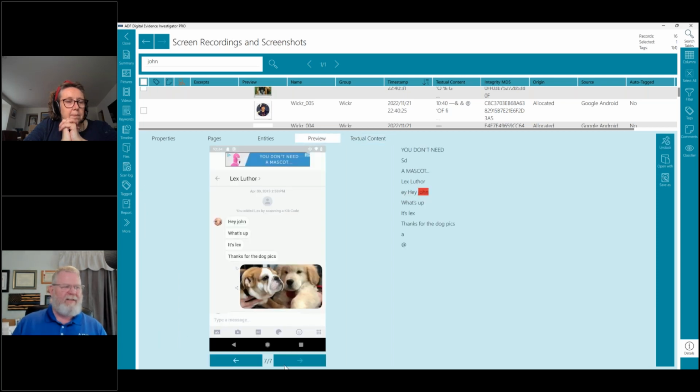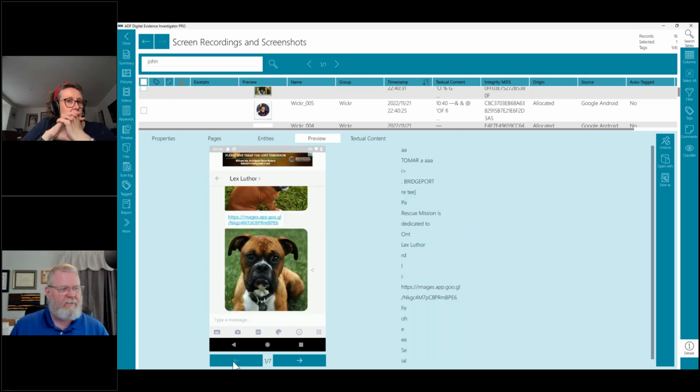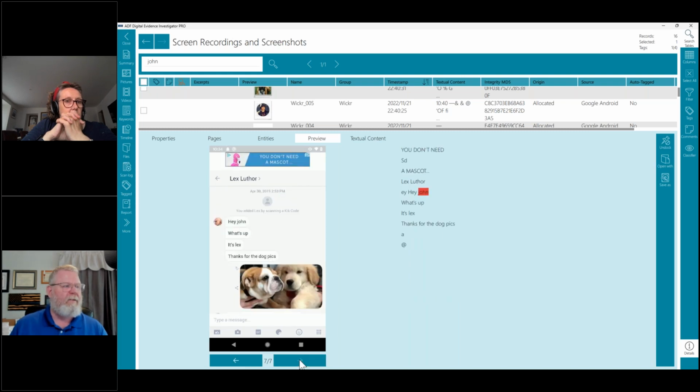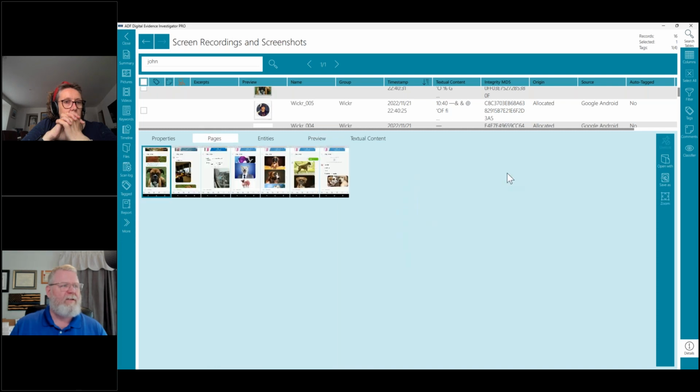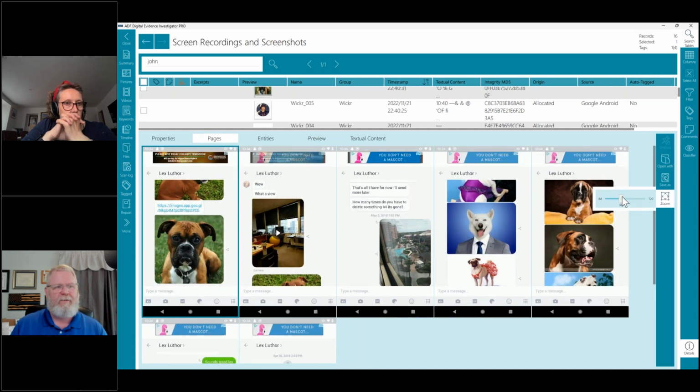Not only that, it's the 7th out of a scroll. So it found the exact, not just the, hey, here's 7 screenshots, it's in there somewhere. It found the exact screenshot that it was in and placed it there for me. If I wanted the context, as Elsa was just saying, I can go to pages and zoom in on my pages and see everything in order.